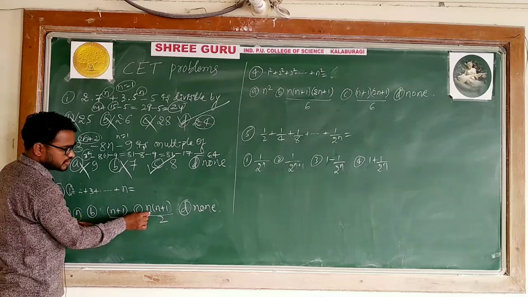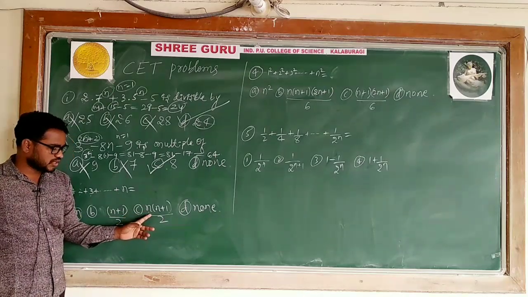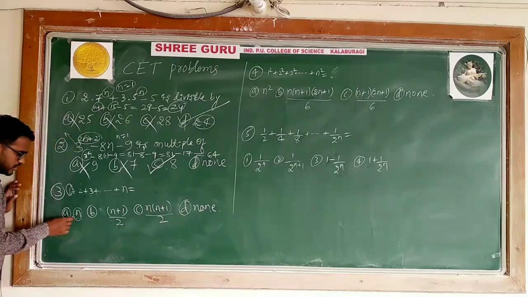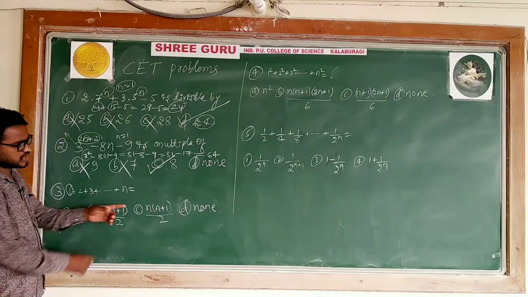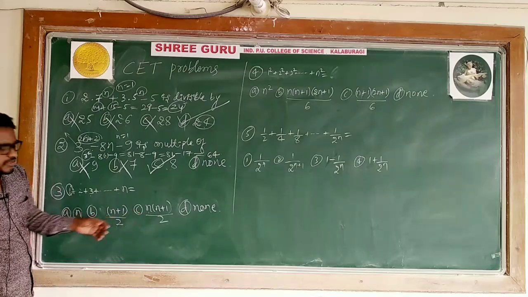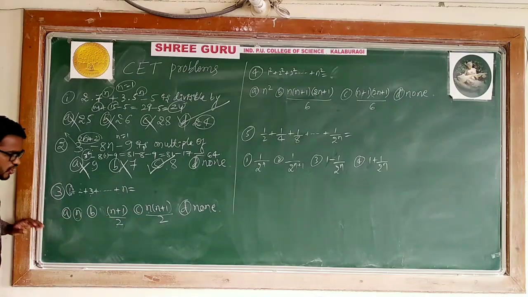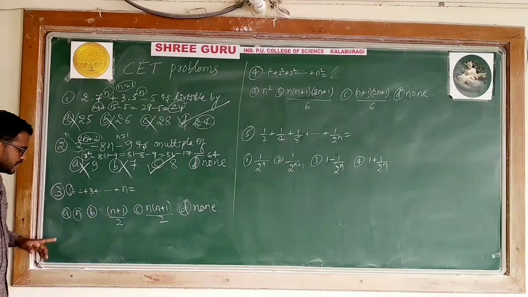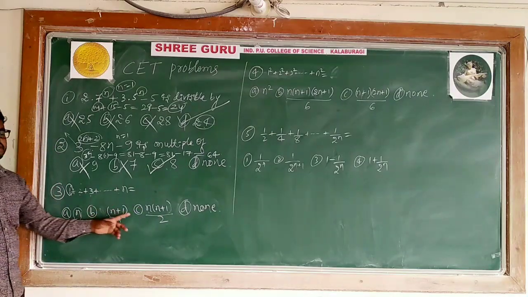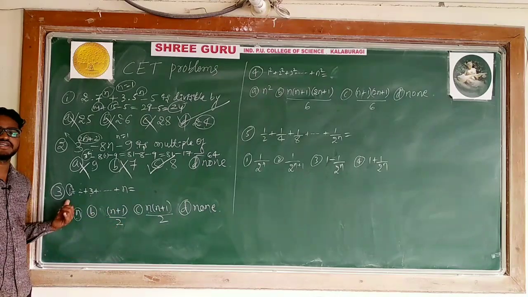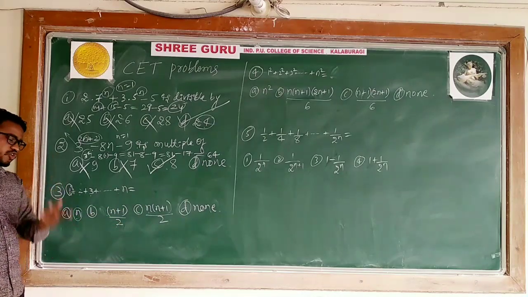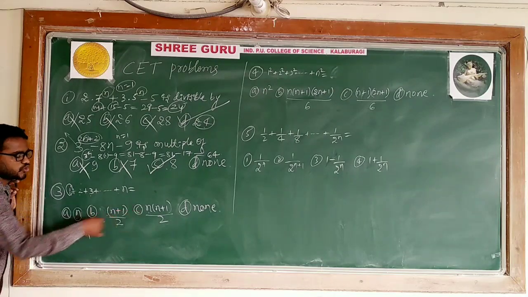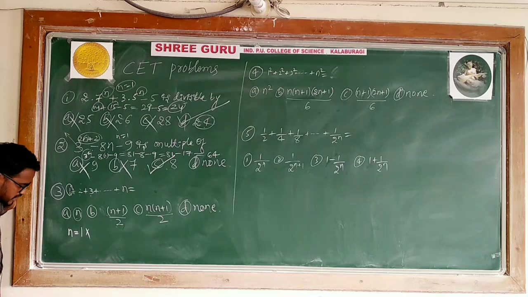n is equal to 1. Yes, n is equal to 1, 1 plus 1 is 2, 2 divided by 2 is again 1. So here A is also correct, B is also correct, C is also correct. The problem is that the options are not like first, second, third. Don't say A, B, C, all these three are satisfying, but only one will be the correct one. In the case of n is equal to 1, it is giving more than one option, so don't consider it.